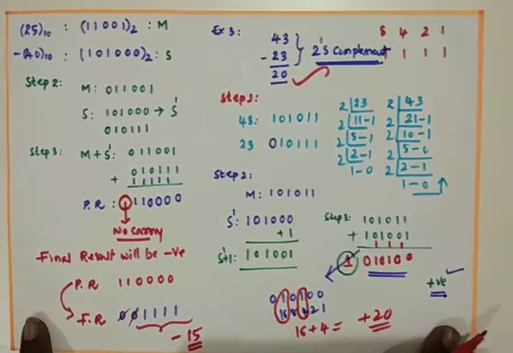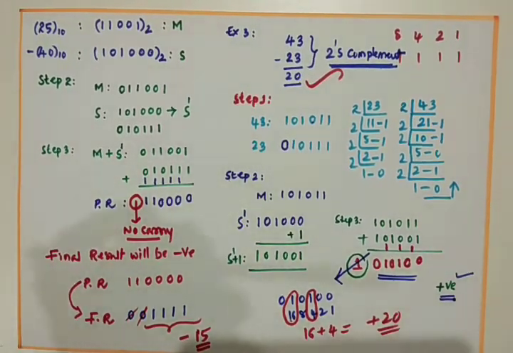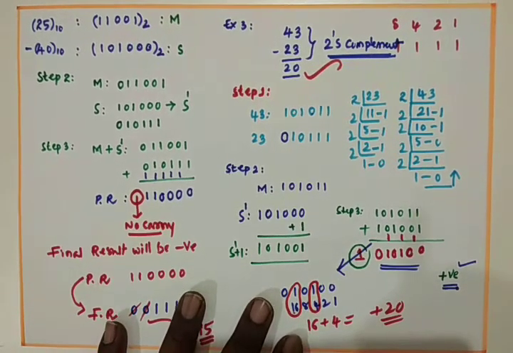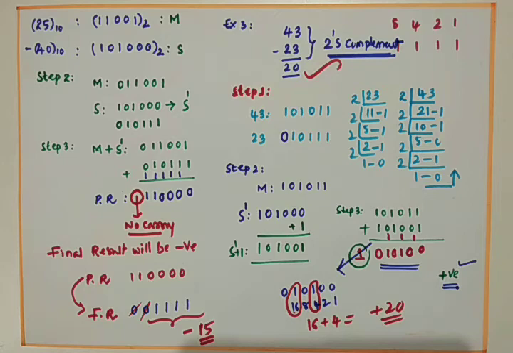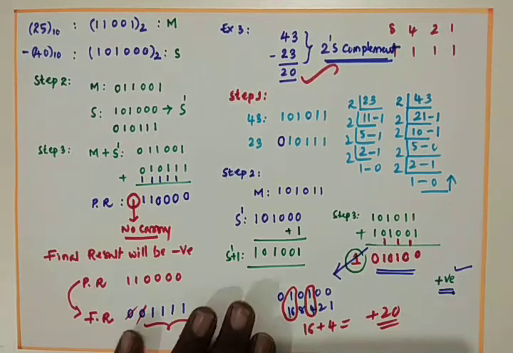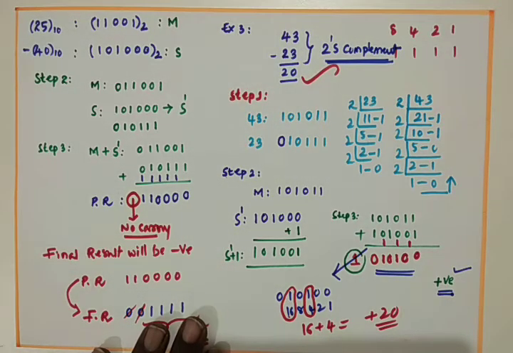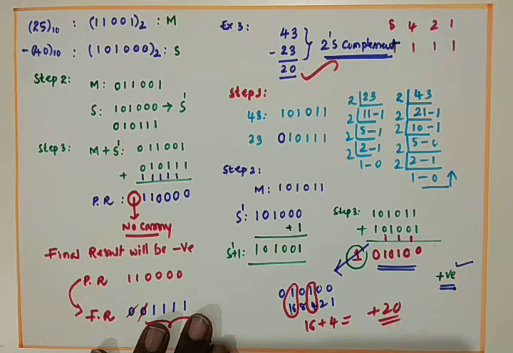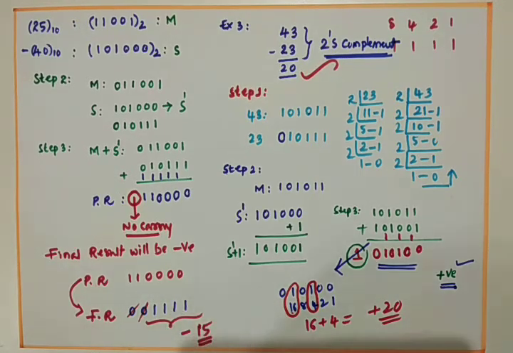So in case of the 2's complement method, what do we have to do? Step 1: we have to convert the given data into binary form, and we must see that both the minuend and the subtrahend have an equal number of digits. Step 2: we keep the minuend as it is, and we perform the 2's complement of the subtrahend. The 2's complement of the subtrahend is nothing but the 1's complement of the subtrahend plus 1.